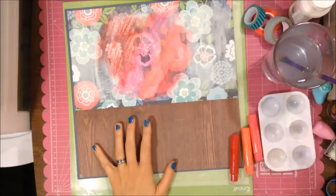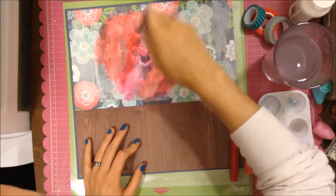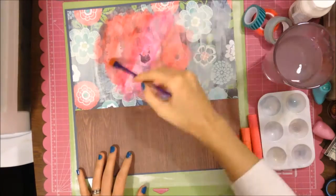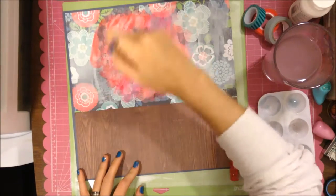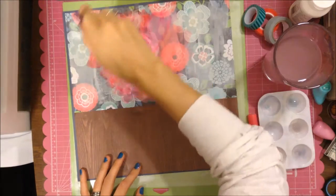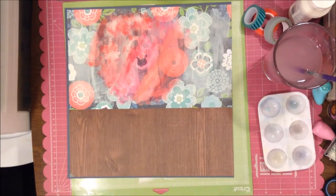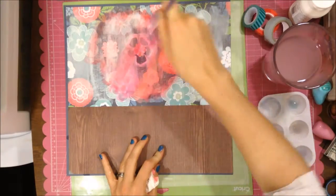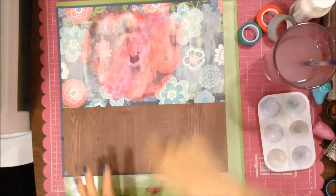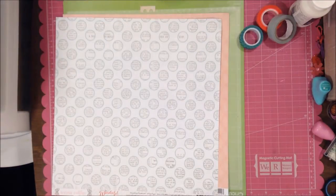So here I'm using a whole bunch of different methods. My finger, mostly I use a paintbrush. And I'm just putting water on it, and what I'm doing is taking the gelatos off. It's kind of hard to see. But that red was so dark, so dark. It was just like way too dark. So here I'm blotting it with a paper towel. I didn't want to use a baby wipe because that was just going to wipe a lot more of the color off, though I probably could have done just a little bit more. But the picture is going to go there, so it's not that big of a deal. But I really did want to tone down that